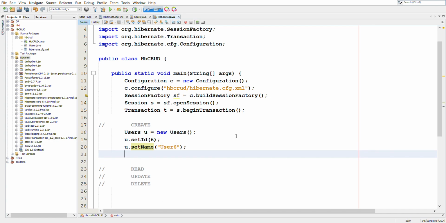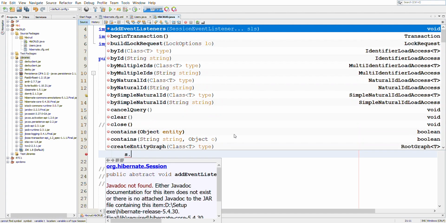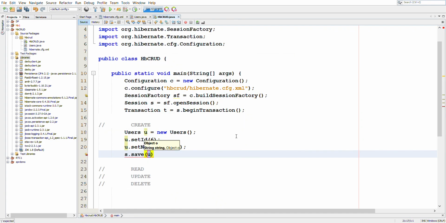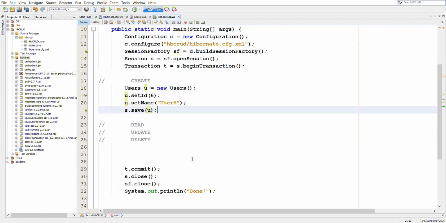Now, once we've created this object, so as of now, we have just created the object in this main method. But if we want to persist this object, if this object should be inserted in the table in the database, then you will have to save this object in the session. So we use s dot save and here we pass u. So the session will save this object u, and because it is saving an entity object, it is going to basically insert a row in the table. So when we run this code,